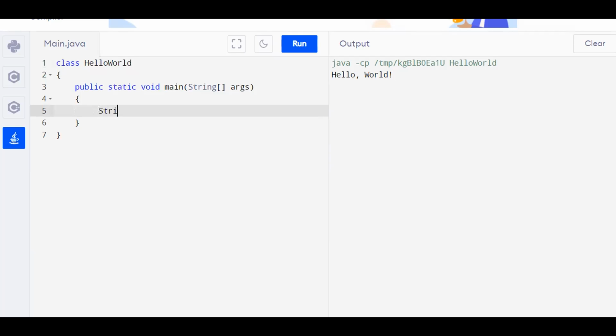Let us declare a StringBuffer: StringBuffer sb is equal to new StringBuffer, and for this we shall pass the string.